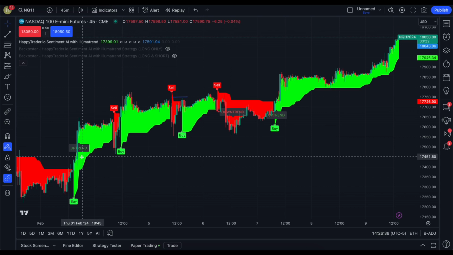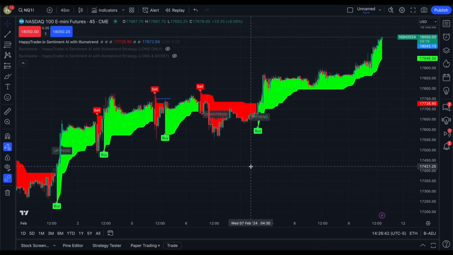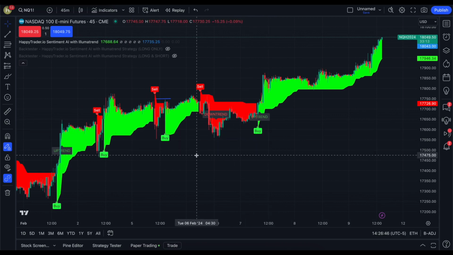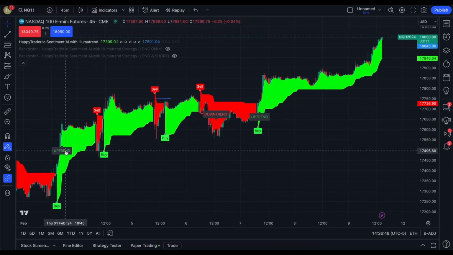We might look a little bit like some free indicators that you see on TradingView, but that's because when you program on TradingView, that's the way that these signals tend to look. The special sauce is in these signals here, and this is precisely what we're going to be testing. We're going to be looking at the long only and the long and short.